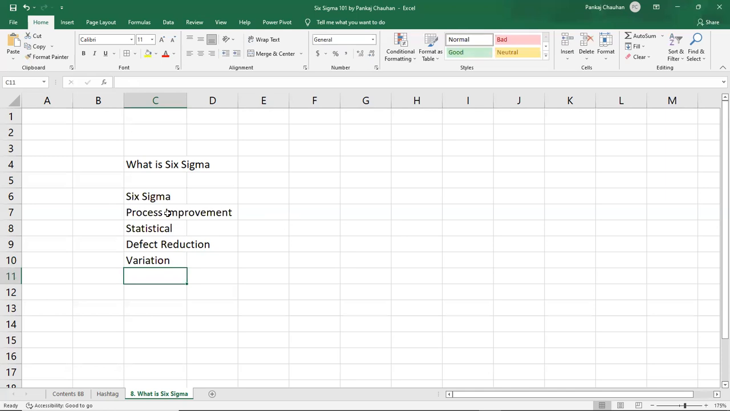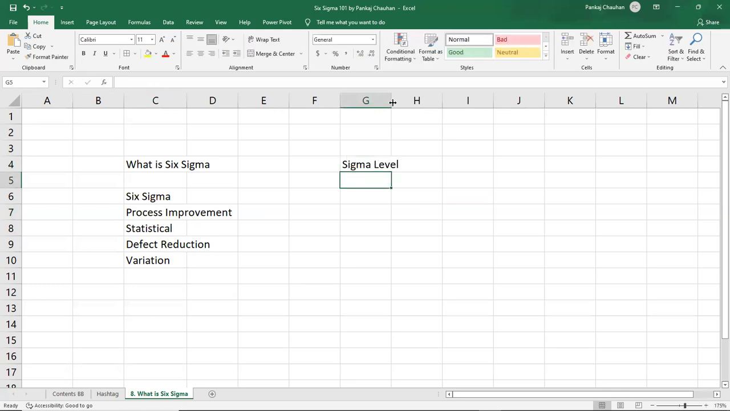But what is the technical meaning of Six Sigma? Technically, what is the variation? What is the defect? What is the statistical approach, the practical approach? How do we summarize this? In simple terms, if I say that the sigma level